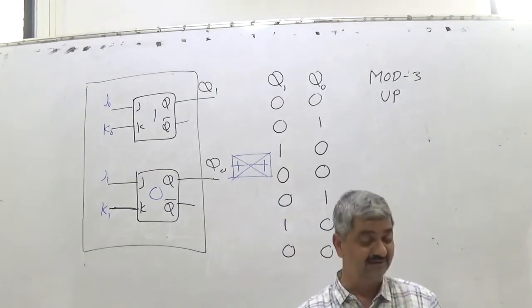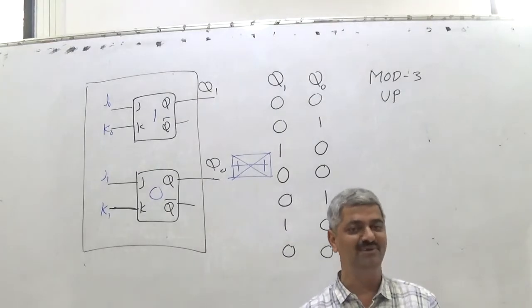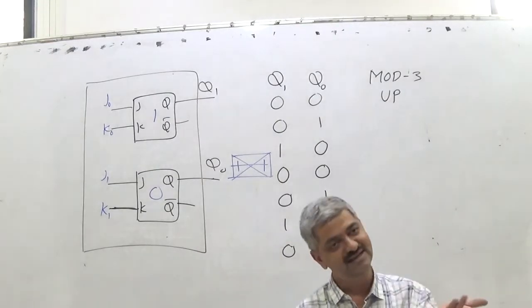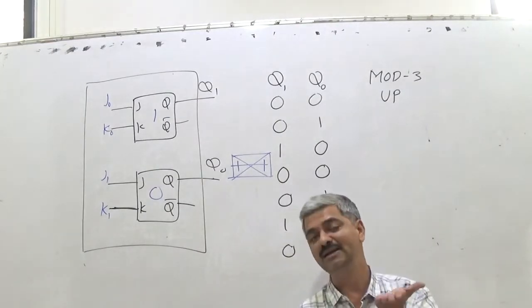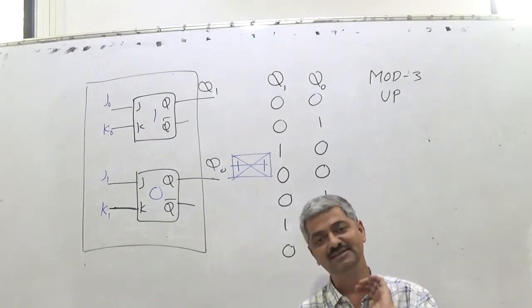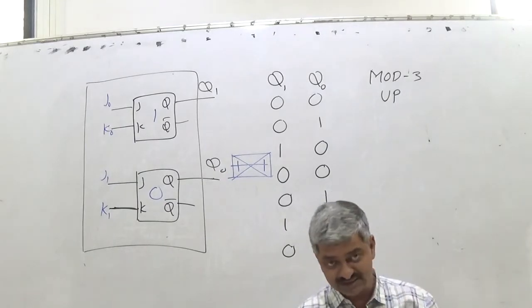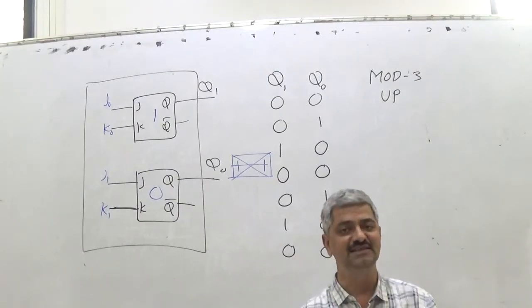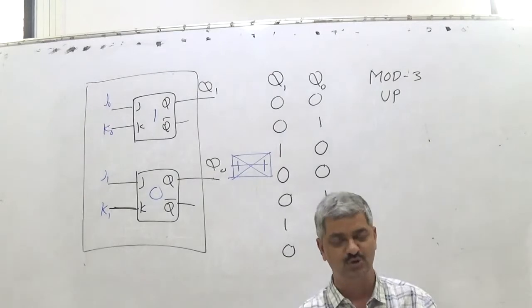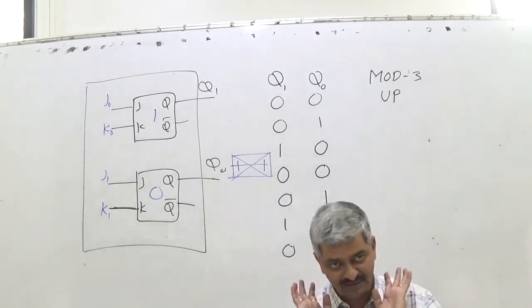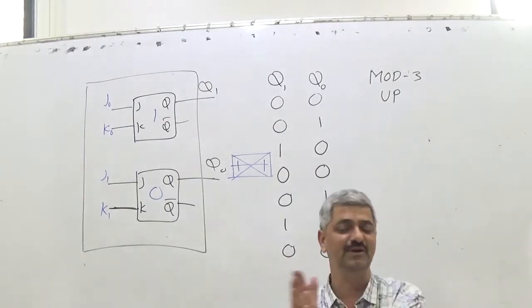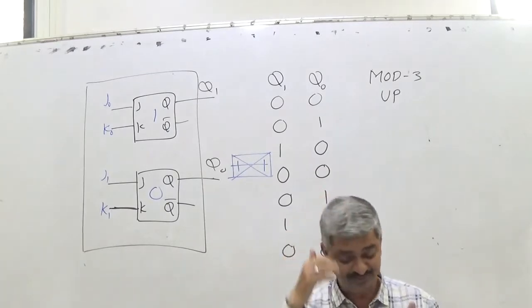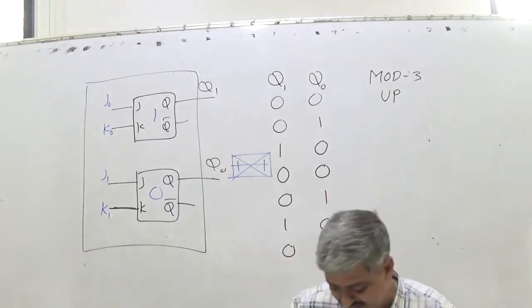It is not that only most significant bits should depend on least significant bits. Its reverse is also possible, but in case of a binary counter, since Q0 was always toggling, we tied its J and K to VCC, or plus 5 volts, or logic 1 directly, or high, and then we proceeded further. But it is not like this. So what should happen is,